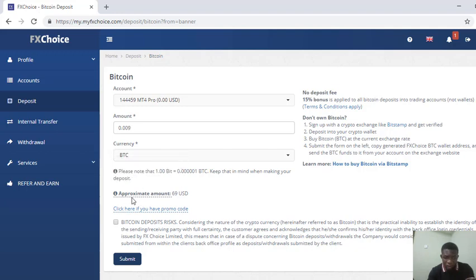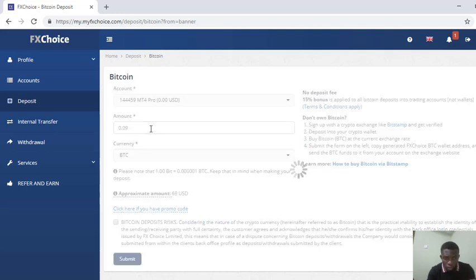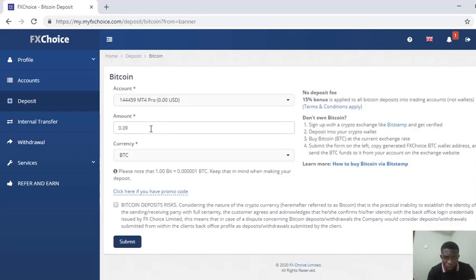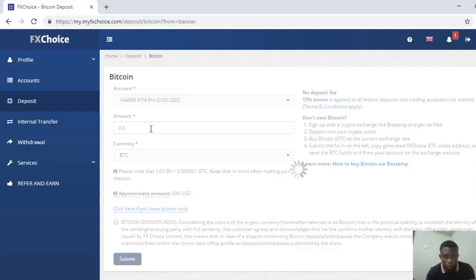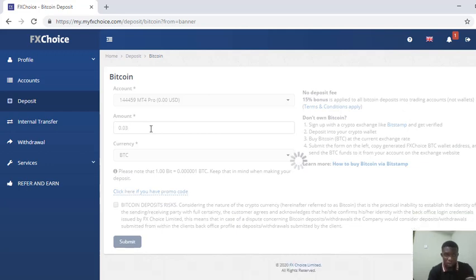Here it will be showing you the worth of what you're typing in the amount box. Let me see. Oh no, this is huge. I'm not depositing up to that. Okay, let's just leave it this way.